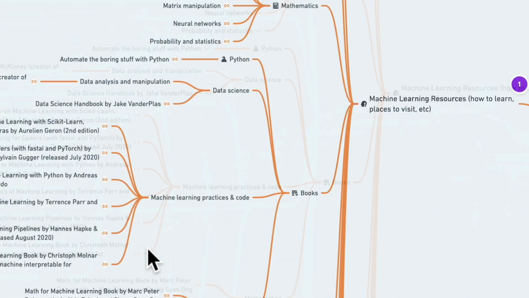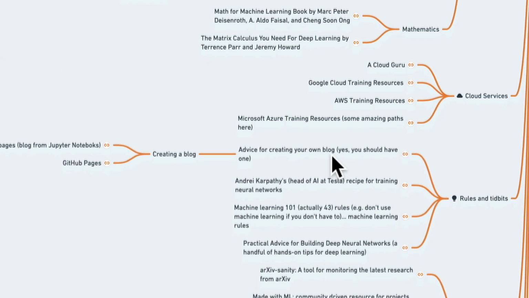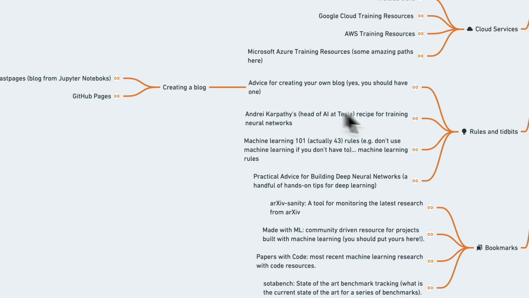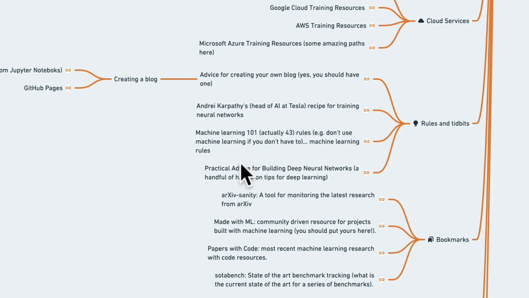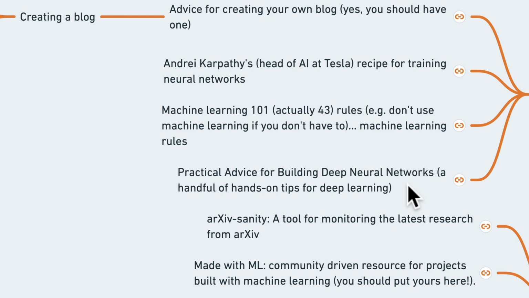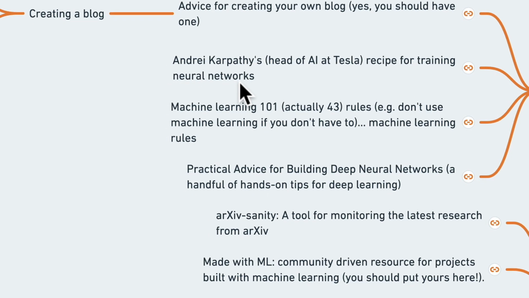So, coming back to the blog post, every so often we'll get blog posts like Andrej Karpathy's Recipe for Training Neural Networks, practical advice for building deep neural networks. We'll get things like these. And now, although you might be thinking, well, these are just blog posts, they're not really hard rules, what did I say all throughout this video? Machine learning is experimental. So it's only really after trying things a lot of times that you start to realize, okay, this works, this doesn't work. And so every so often we'll get blessed with a beautiful blog post like this. And my advice is always